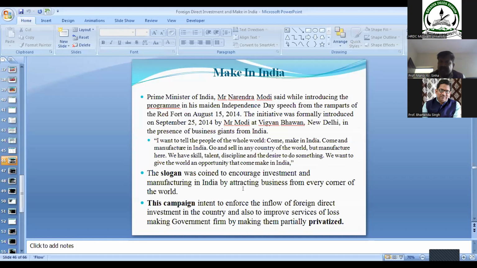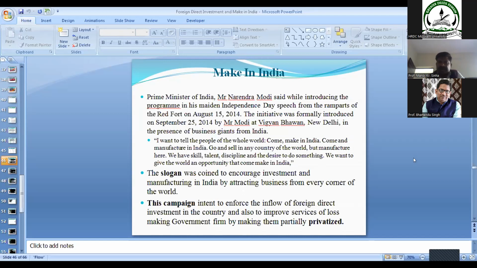We have skills, talent, discipline, and the desire to do something. We want to give the world an opportunity: come, make in India. The message is very clear. The Government of India is ready to adjust or change its foreign direct investment policy on a customized basis as per the requirement of the foreign investors. For that purpose, the government is ready to even privatize